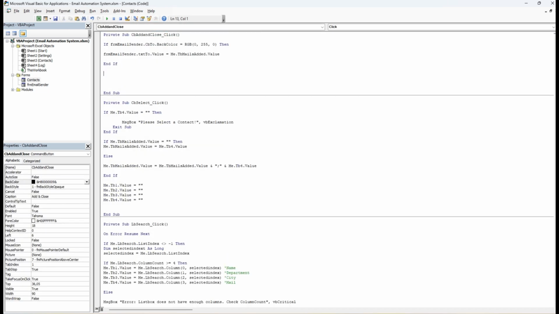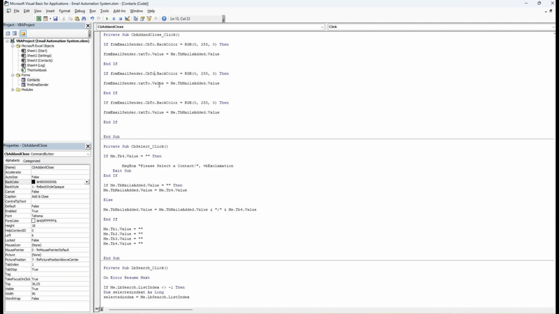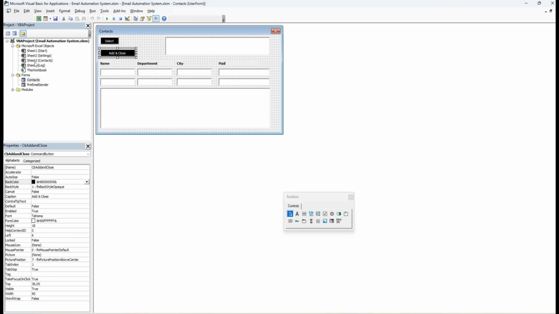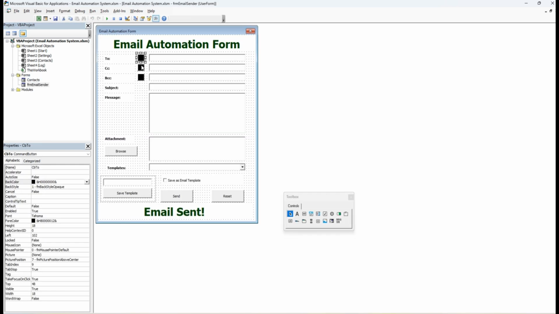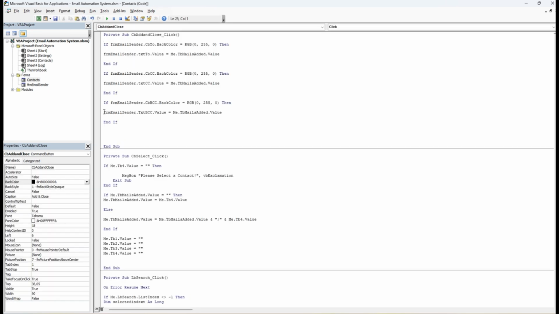We can just copy paste this. This time, if the CC command button is green, then it needs to go back to the CC text box. And here, BCC. So that it all checks which one of these buttons is green and insert the mail addresses to the corresponding text box. That would also mean that we'll have to reset the colors